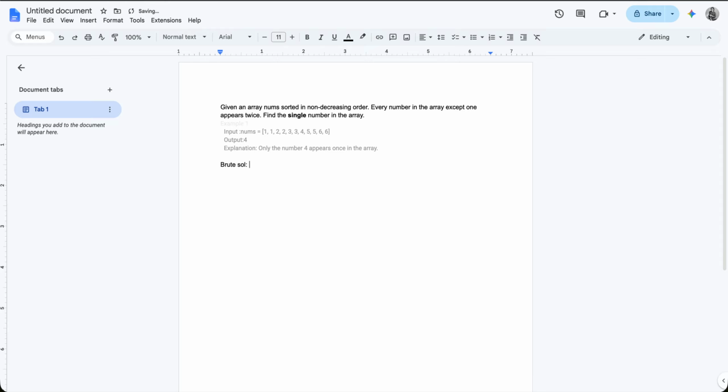For this brute solution, the time complexity is O(n), because I am traversing the whole array. In the worst case I end up traversing the whole array, and for space complexity I'm not using any extra space, so the space complexity is O(1). This is one brute solution. The other brute solution I can think of is